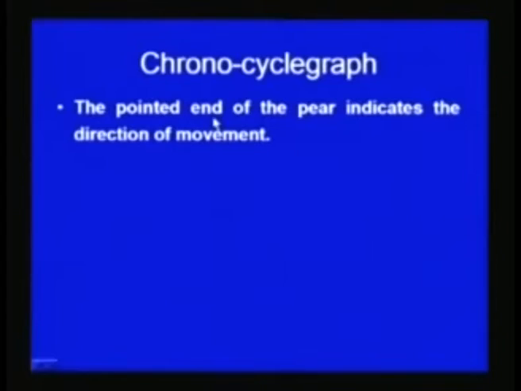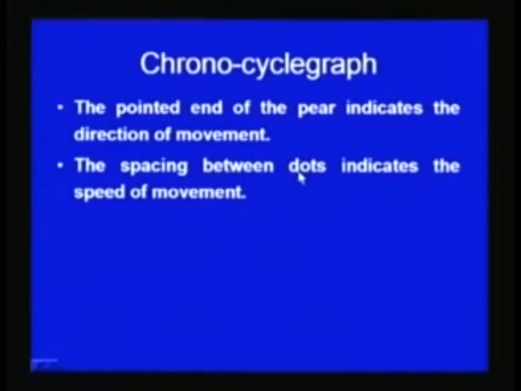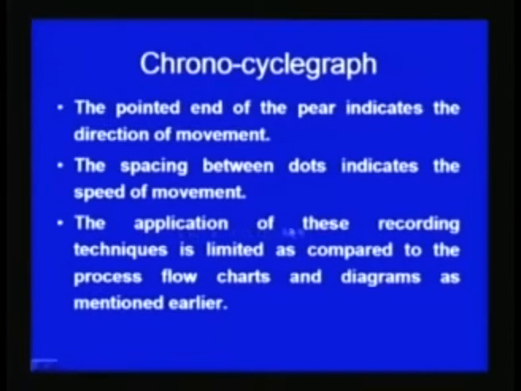The pointed end of the pear shaped dot indicates the direction of the movement, and the spacing between the dots indicates the speed of the movement. So, these are the two important pieces of information which can be gathered from the chronocycle graph,